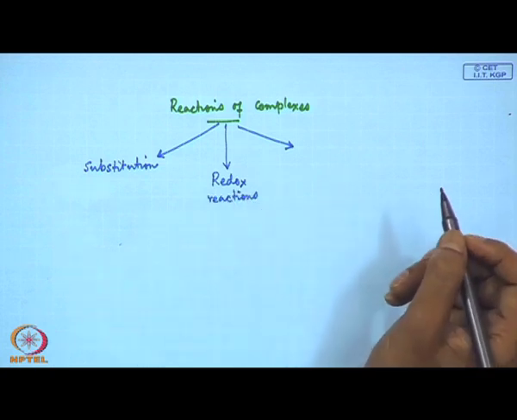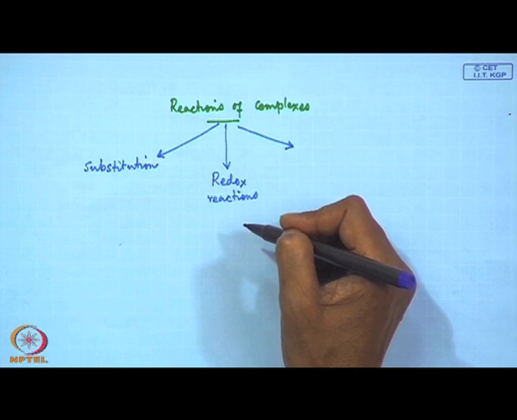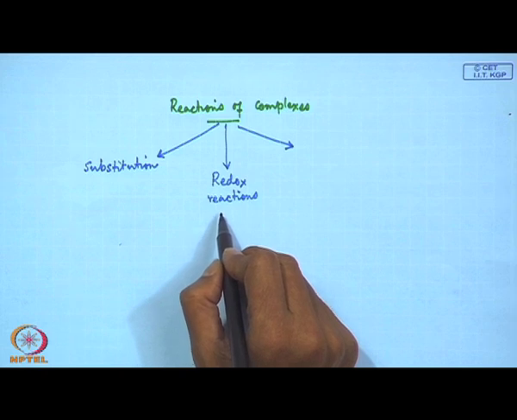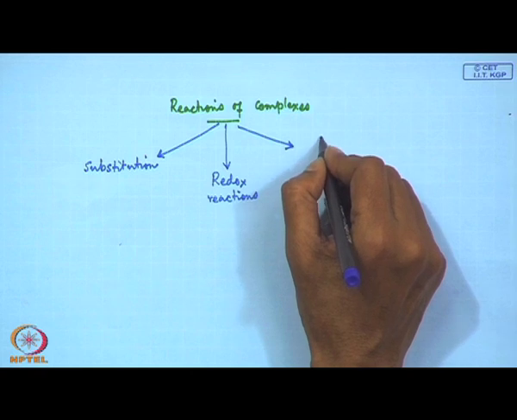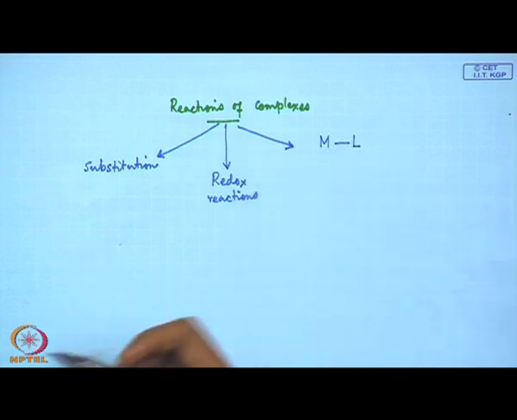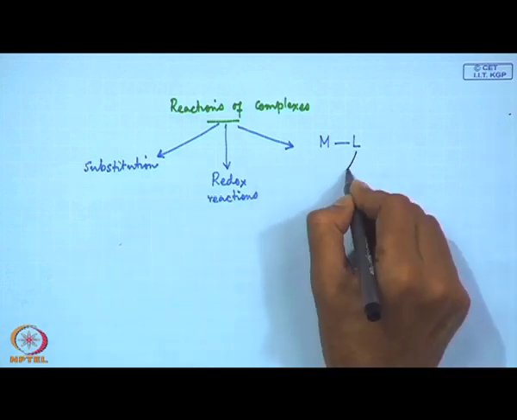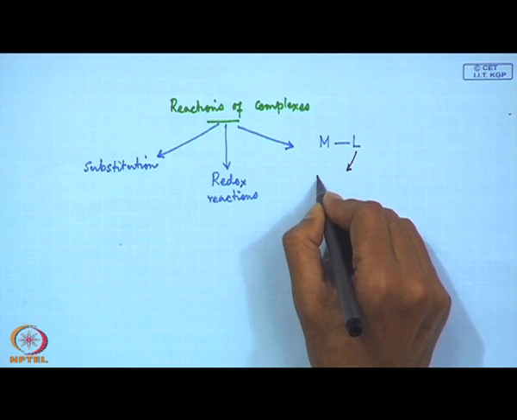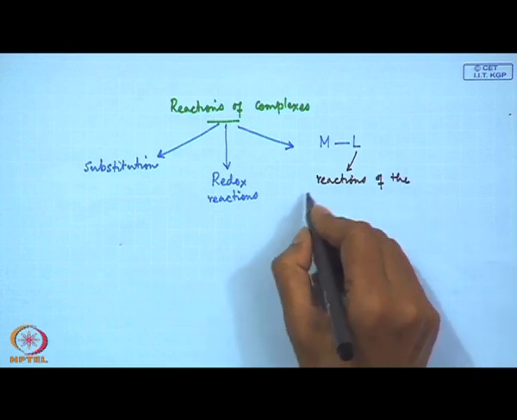The ligands are all present, but we can take out one electron from the center and we can donate one electron to the center, which is not always possible because we do not have that kind of parallel reaction in case of typical simple organic molecules or inorganic molecules. And sometimes the reactions of the ligands, that means the metal is there and the ligand is attached to the metal site, and what is happening over there is the ligand is reacting without changing its attachment to the metal center. So, the